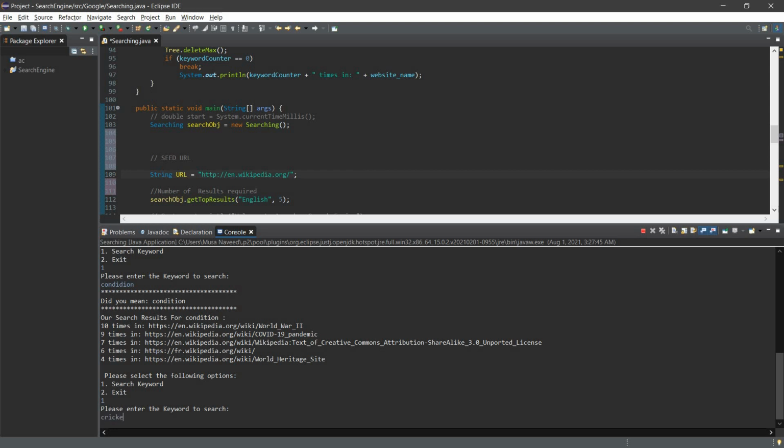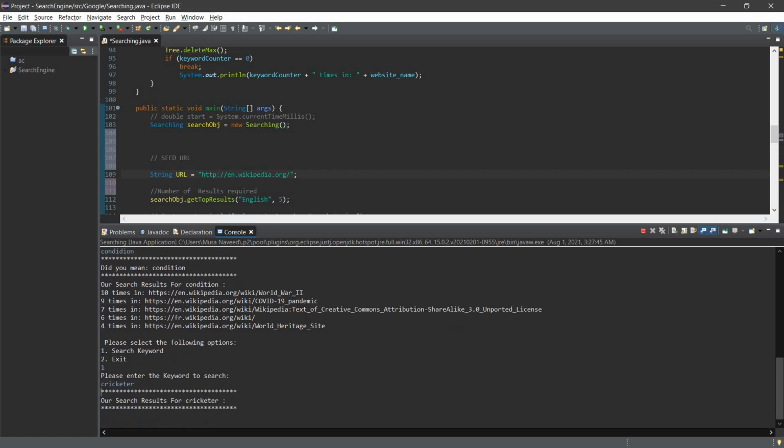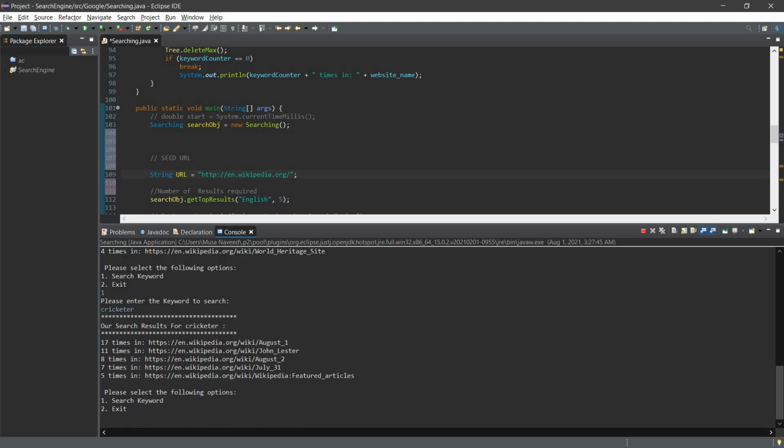Next, I'll enter a word that needs no correction and no completion. So, cricketer. I'll enter cricketer, and as we can see, it did not show us any completion options or an option for correction, and it replied with the results.